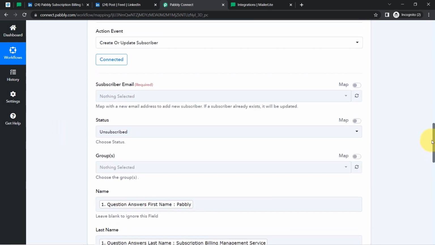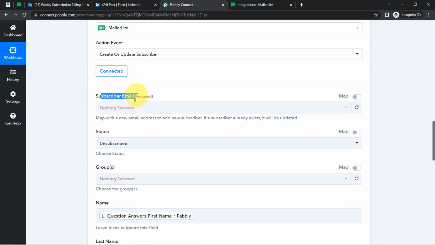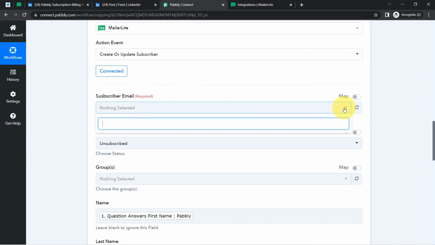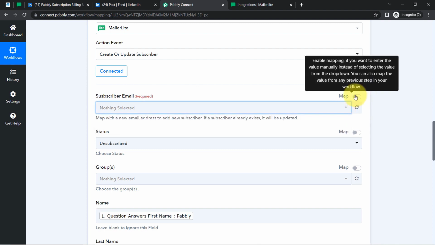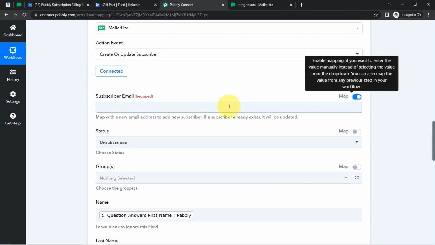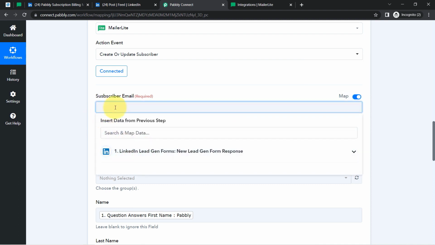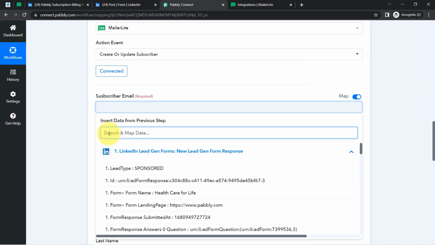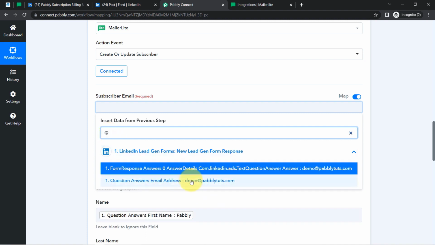Now I am also going to provide the subscriber email, which is the most important thing. In order to map the subscriber email, firstly I'll have to enable this mapping button. As soon as I do that, I will also be able to access the above data in this field. Let me search for that email address, and here you can see